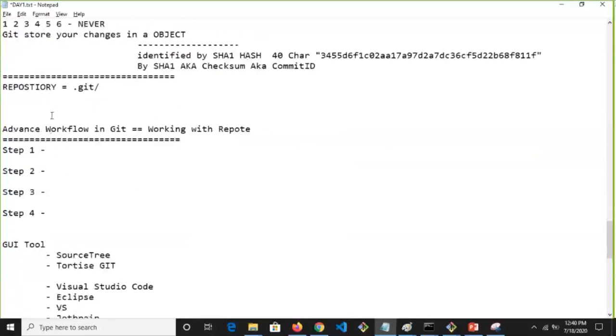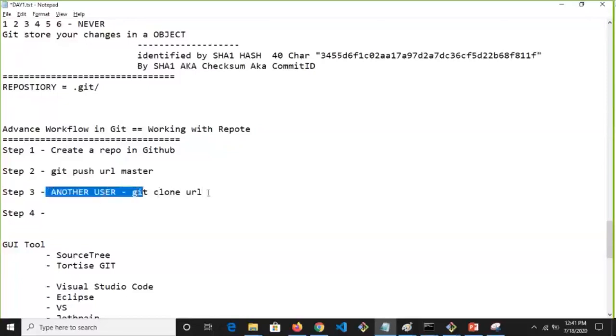Okay. So now in terms of advanced workflow, create a repo in GitHub. Then git push URL and master. And another user, git clone URL.